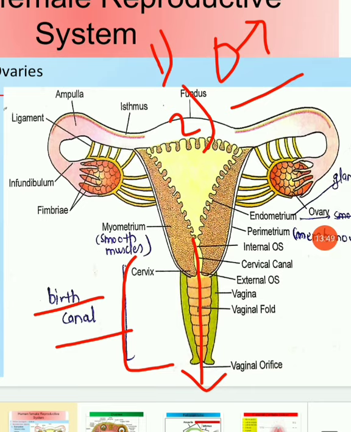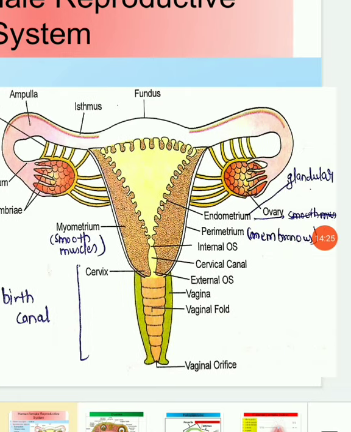One more structure is remaining: the vaginal opening is covered by a membrane which is called the hymen. This hymen can break down during vigorous exercise or cycling. Earlier it was thought that the presence of the hymen shows virginity, but later it was found that it also breaks down due to other activities. So it does not tell us about virginity. So this is the structure of the vagina. I think till here you are all very clear.